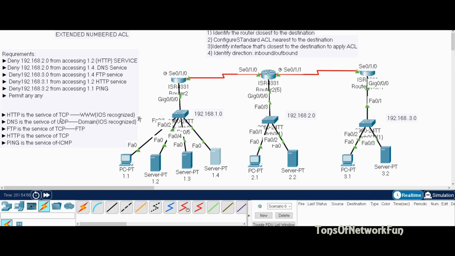Here we have some things we need to configure, like the protocols. I'll talk about it as we do the configuration. This one we talked about in the last video. Basically the same thing. We need to identify the router closest to the destination. So from the requirements we know that the destination is one network, right? This complete 1.0 network, that's where the traffic is coming to, and that's where we need to block certain